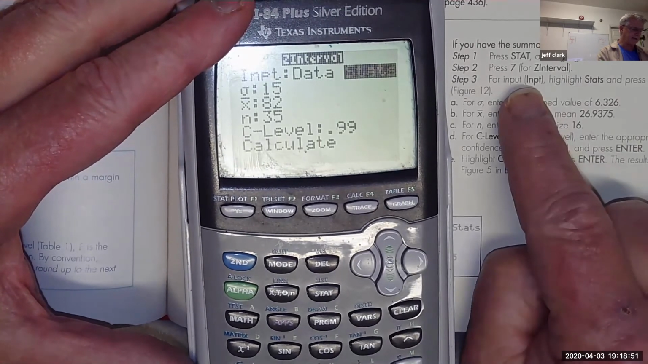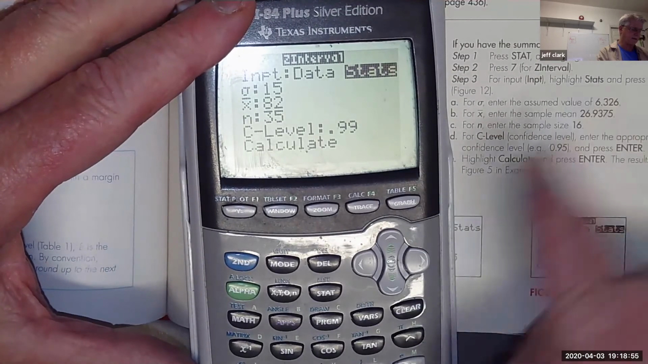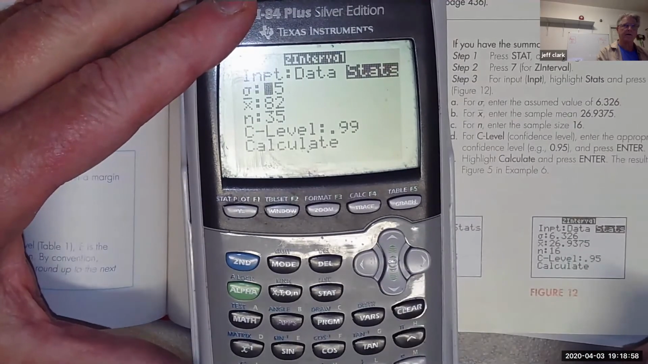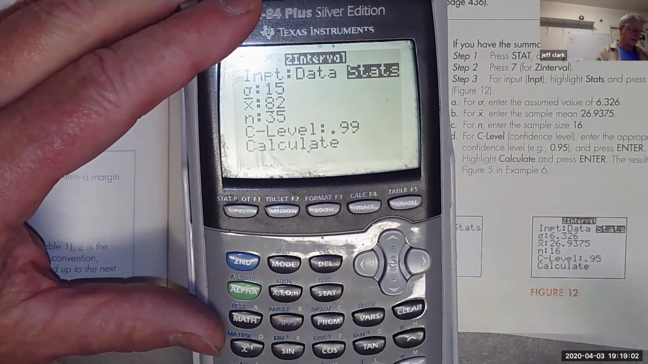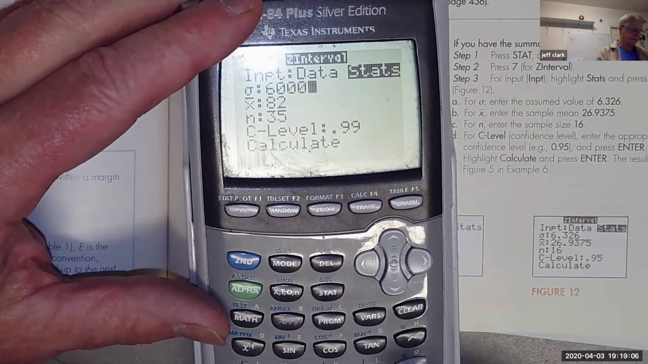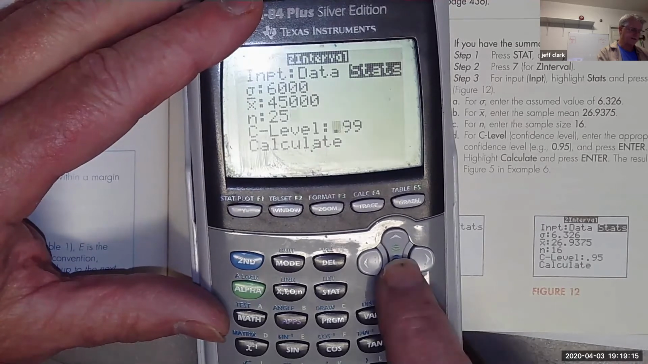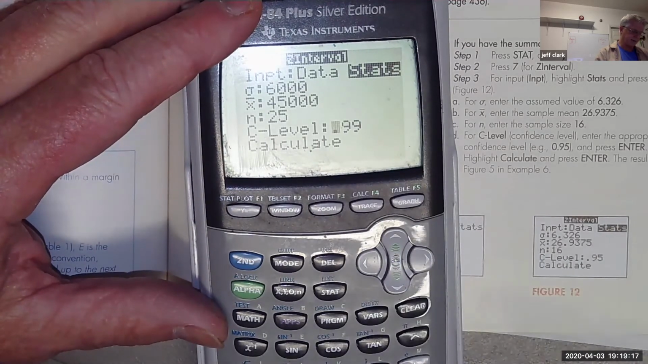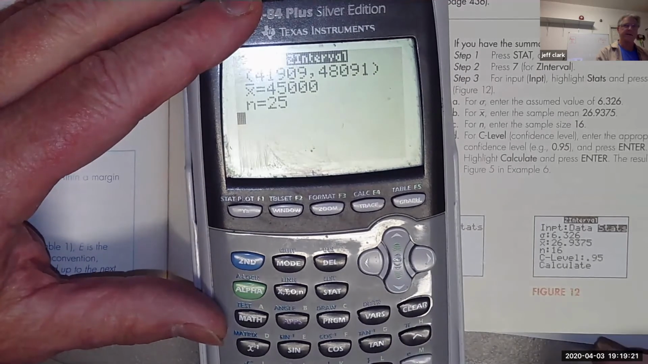And now you're just going to input the data under statistics. So you want statistics, which I have. And now our sigma is 6,000, literally 6,000. And our X bar is 45,000, and our N is 25. Confidence level is 99% or 0.99. And now we just go and calculate. Now the result that I see right here,